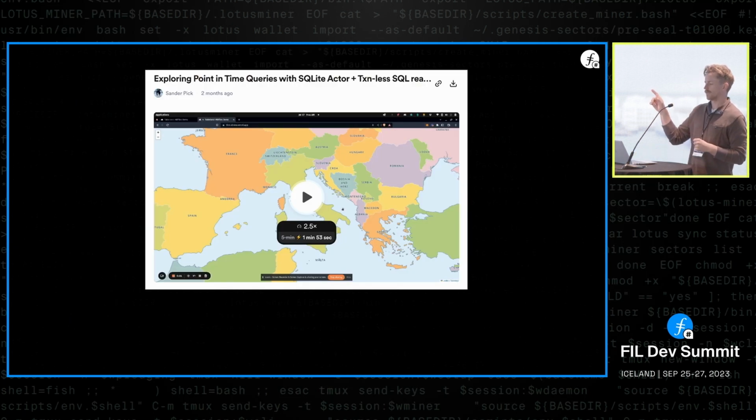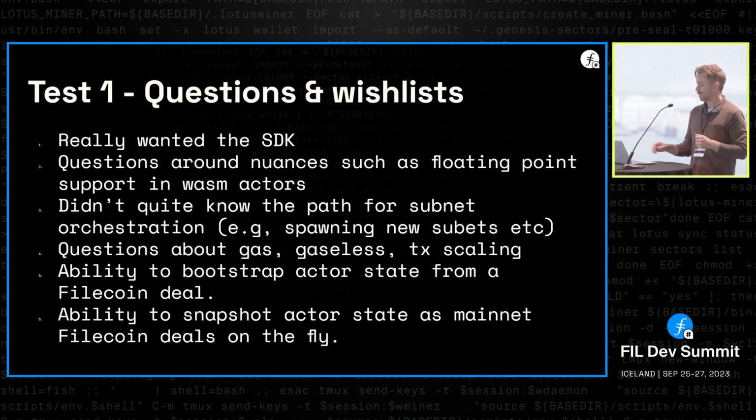And so I'll share a link to this, but we have a demo of essentially a subnet running a SQLite database that contains a tile set, and it's serving those tiles based on requests. And like I said, this was full metal. It was asking, what could this do? And you can start imagining what some of the challenges are here around the transaction throughput of a subnet, and being able to actually request that many tiles becomes limiting. So you can't imagine a single layer subnet being able to support a use case like this without, again, throwing another layer of caching or something like that on top of it.